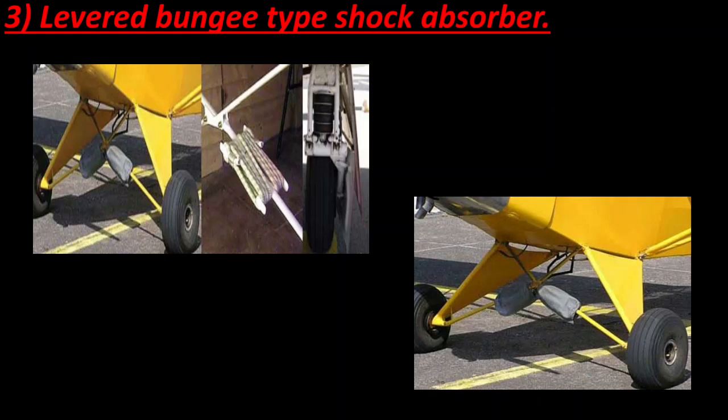The levered bungee system implements rubber shock cords, which are essentially a rope made by binding a multitude of thin rubber strands in an oven arrangement in conjunction with a metal strut to absorb energy. This configuration is similar to that of the solid spring arrangement, as the vertical displacement of the aircraft induces an outward movement of the landing gear wheels, causing tire scrubbing.